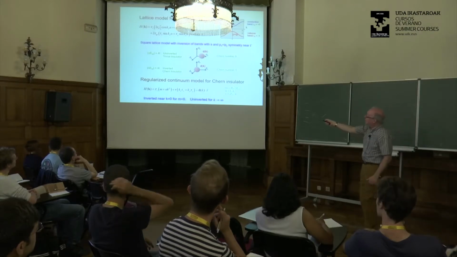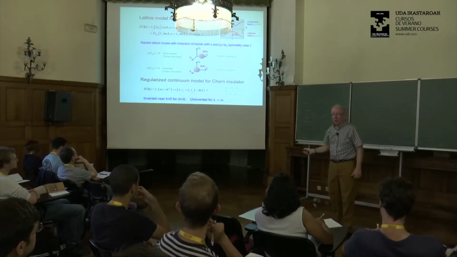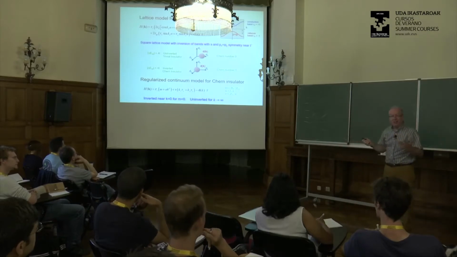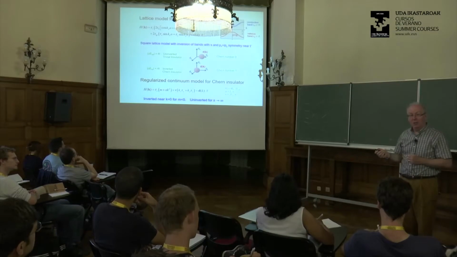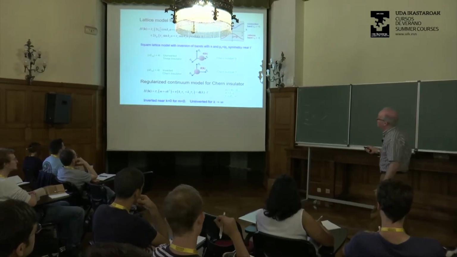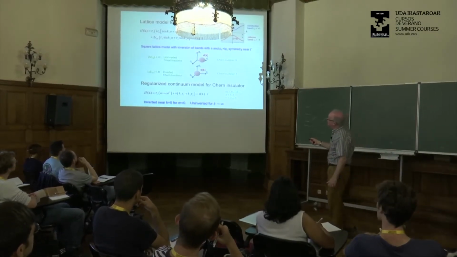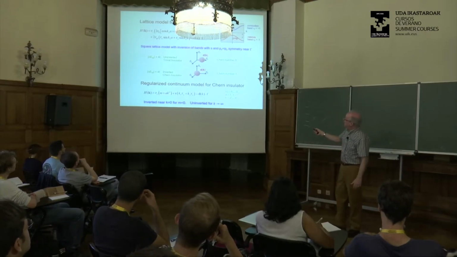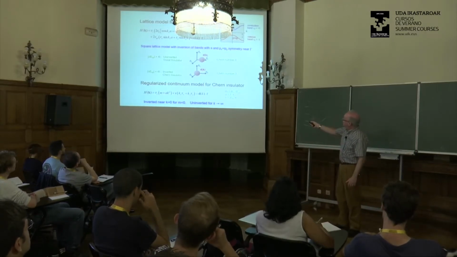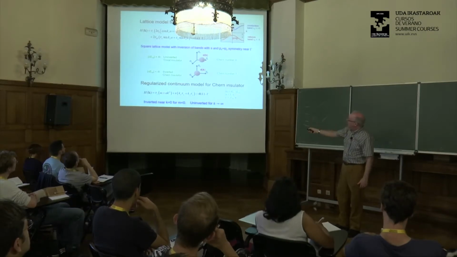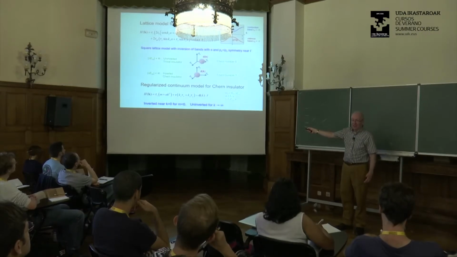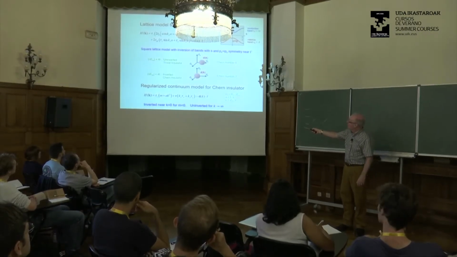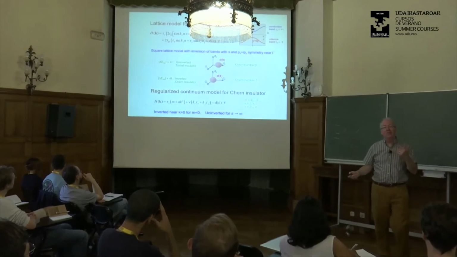Okay, and so if you just write down this model, it's very simple. Then you can do exactly the same kind of analysis that I did for the Su-Schrieffer-Heeger model. Okay, and so what you can see is that if the S state and the P state are very far away from each other, then basically you get just a trivial insulator, as you should.